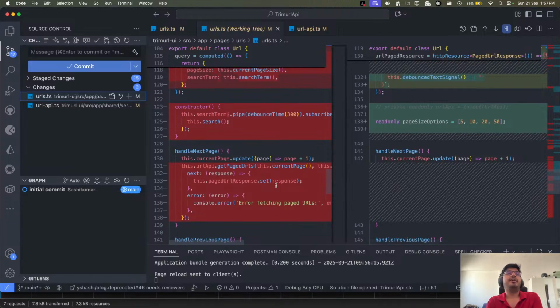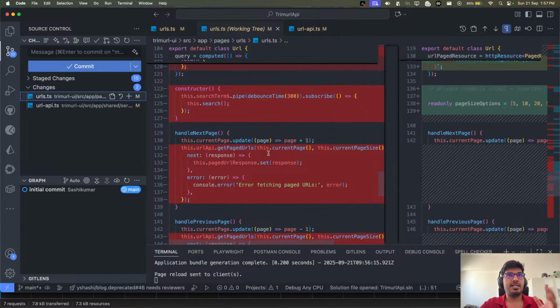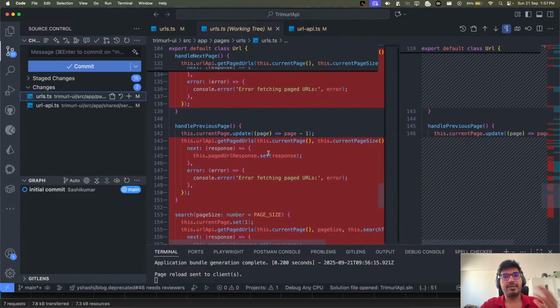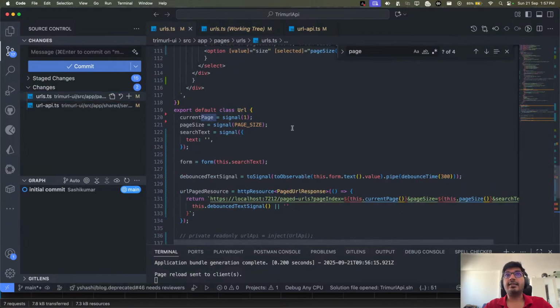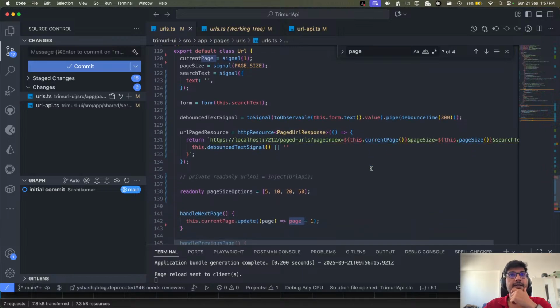So always try to make your component as slim as possible, and that can be achieved if you are following declarative programming. Because if you see all of this code on the left-hand side, marked as red, which has been removed, all of it is imperative coding. Okay, so this is what I wanted to explain today, how you can convert your imperative code to declarative, and that's where Signal comes in handy to achieve all of that, right?